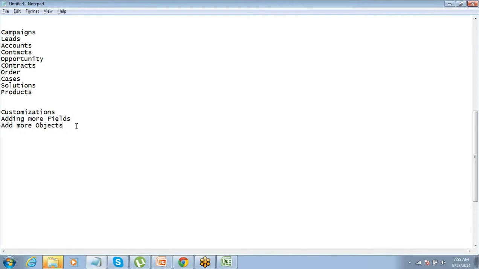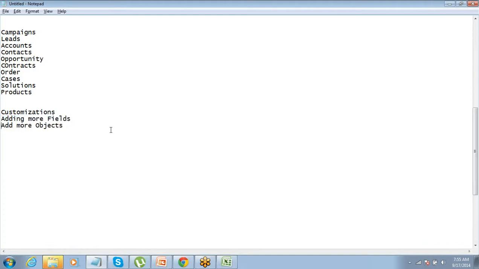Other thing is, once we can add fields and add objects, we can create our own data structure as well. If I add 4 different objects and create a different database for that, that can also be done. I'll get into that part. First of all, let's see how to add fields and objects.